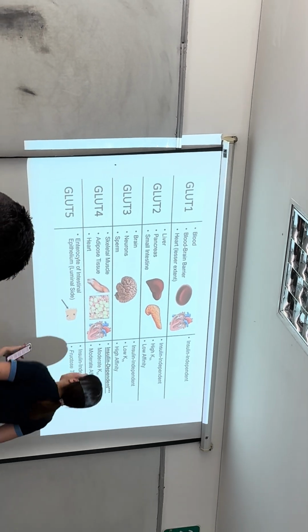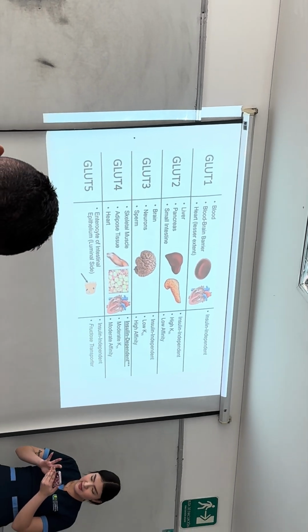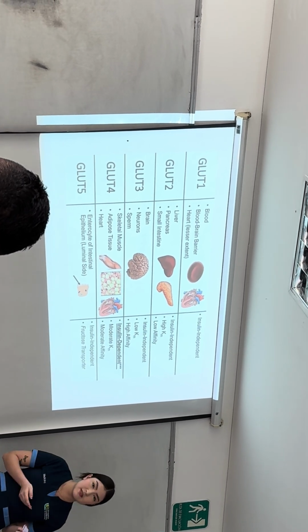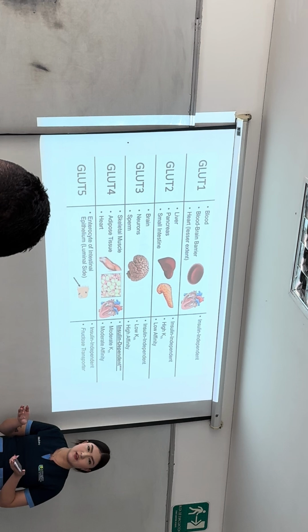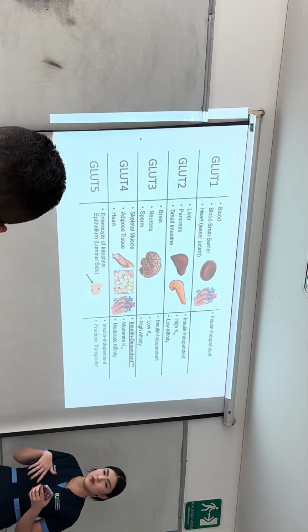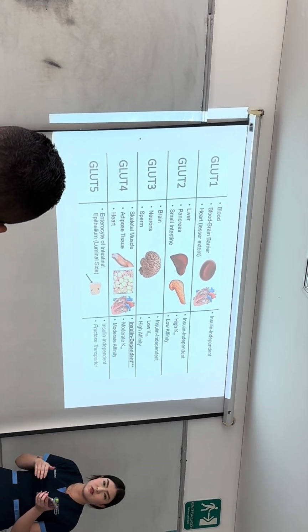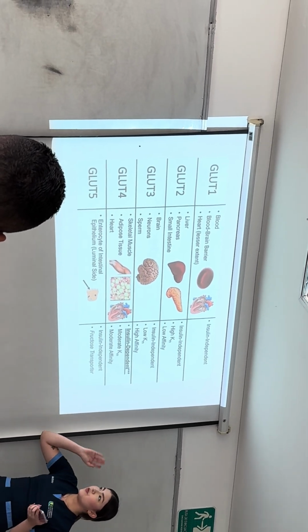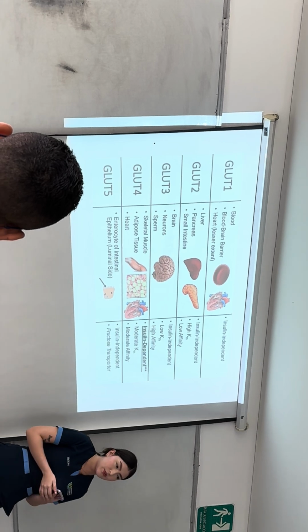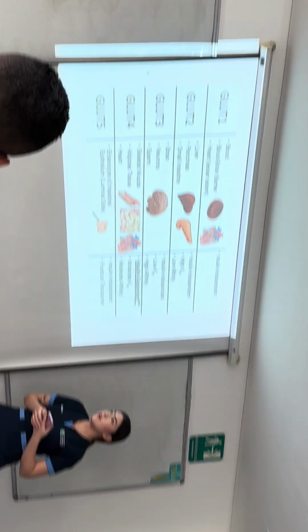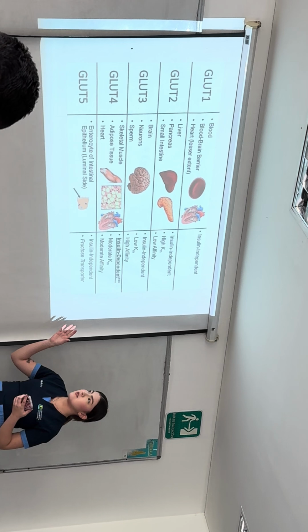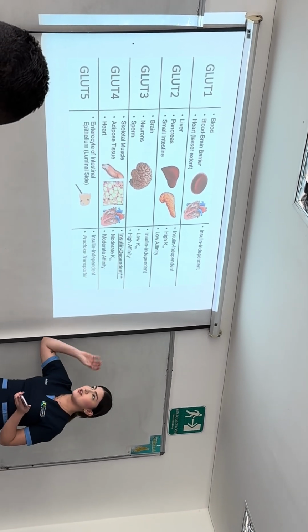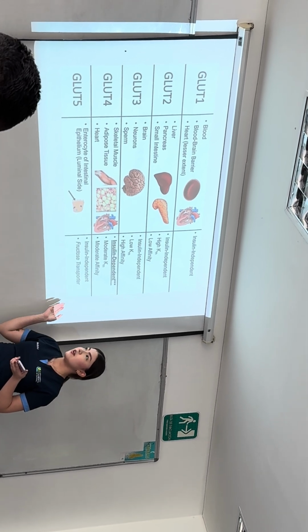It is also important in postprandial glucose uptake. Postprandial means immediately after a meal. Immediately after you eat, this GLUT is going to start working. GLUT3 is specifically for the brain and the neurons, so it's important for cognitive function. And GLUT4 is the only one in this table that is insulin dependent. It is found in skeletal muscle, adipose tissue,